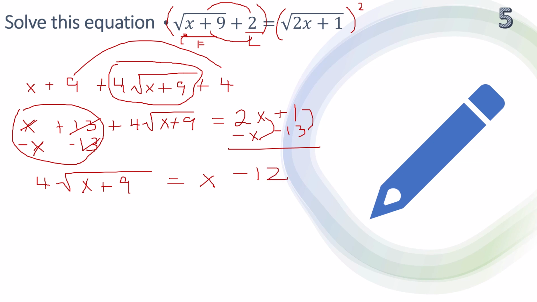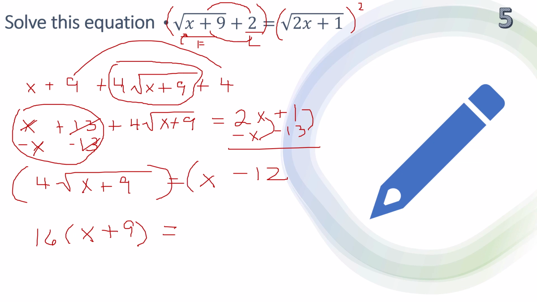All right, let's square one more time. And when I square this, 4 times 4 is 16. And then, of course, when we square that radical, it just drops away. So we get x plus 9 is equal to,